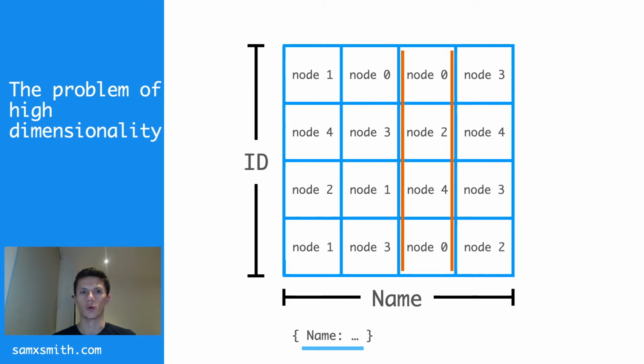So in this example, with just the 2 dimensions that we looked at earlier, a query for just one of those attributes, just name, was not even able to halve the number of shards, the number of nodes which we need to check. Even with just one attribute out of 2 missing, we couldn't halve the number of nodes. And as the number of dimensions grows, a query missing just a single attribute means that we can rule out fewer and fewer nodes